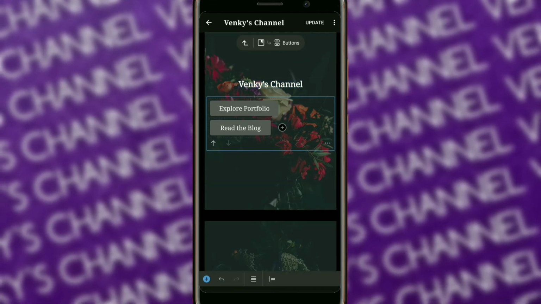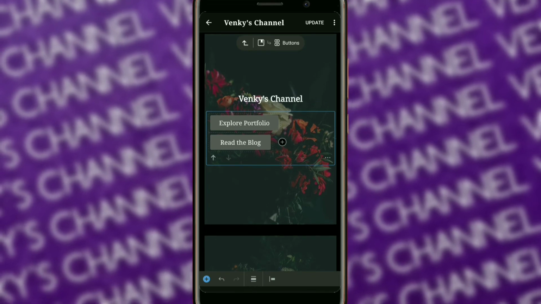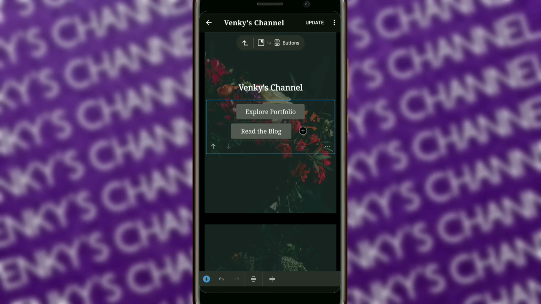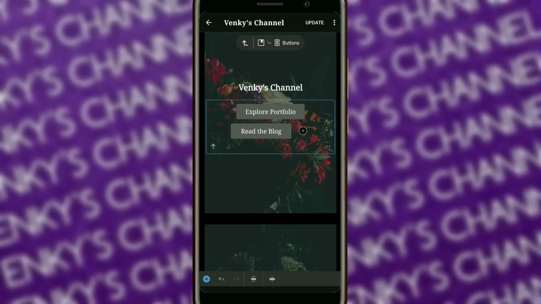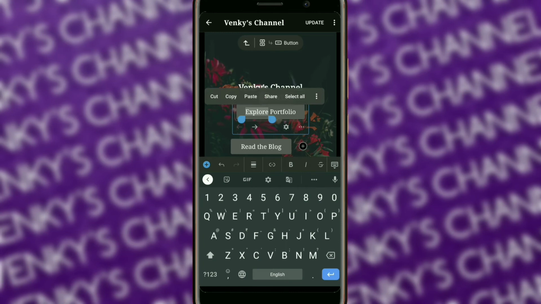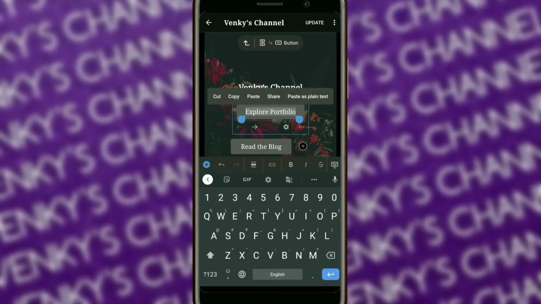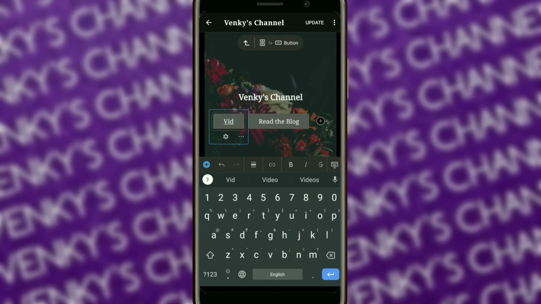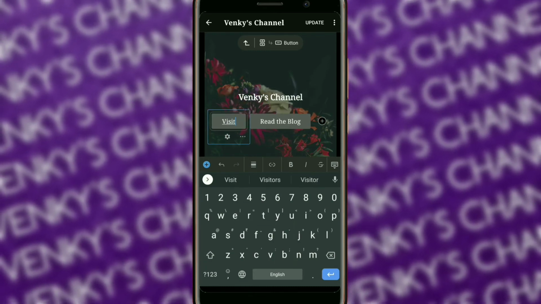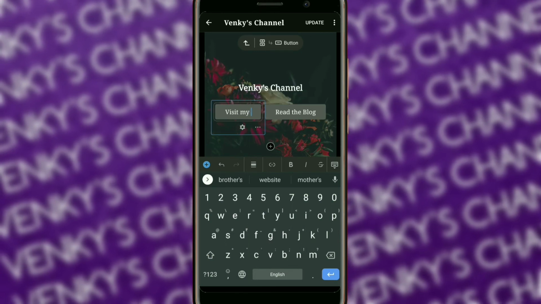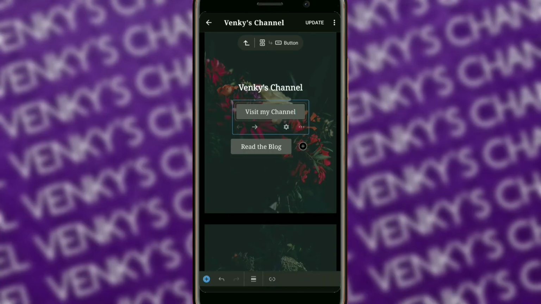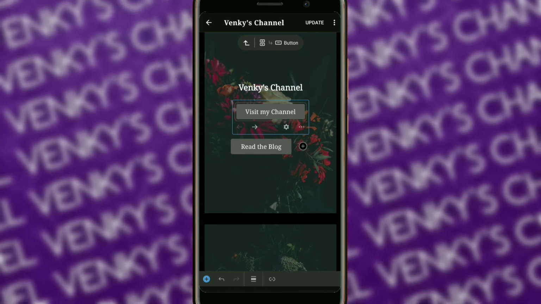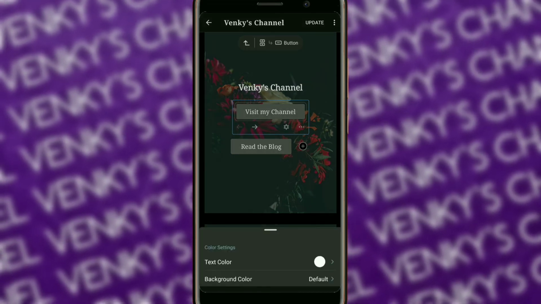Similarly, let's do the same thing to the buttons also. Now I've aligned the buttons also to the center, and here I can edit the button text also by selecting this text like this and removing it. So let me keep it as it is, and let me just change the first button to visit my channel. So visit my channel, and here let me click on the small settings icon down of the button, and now it shows